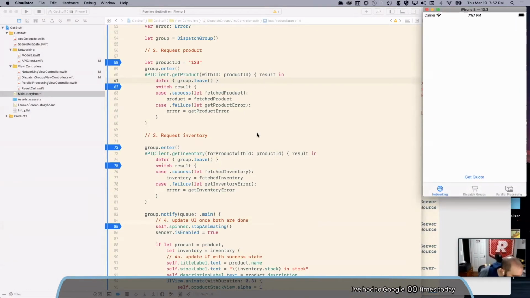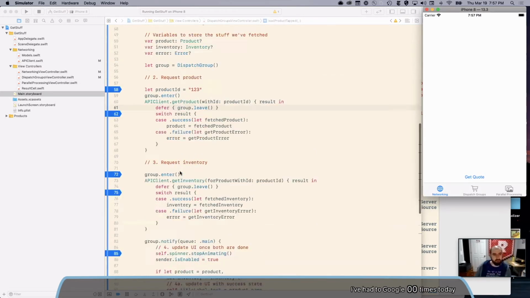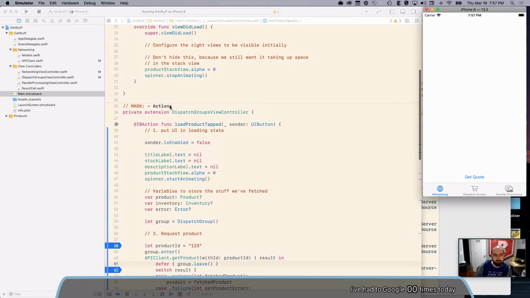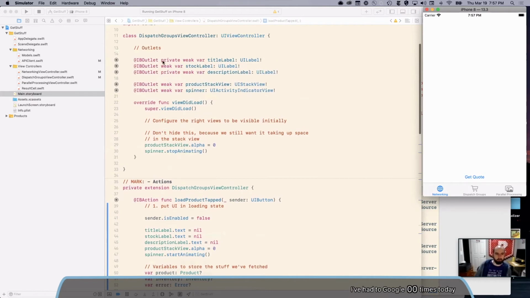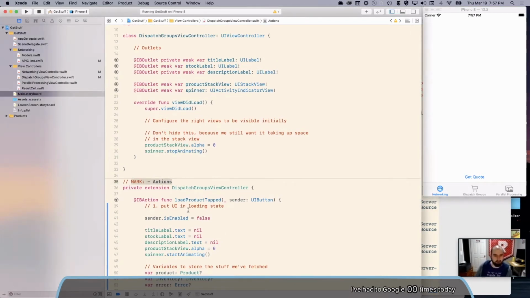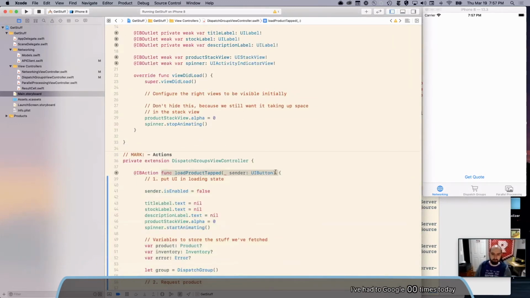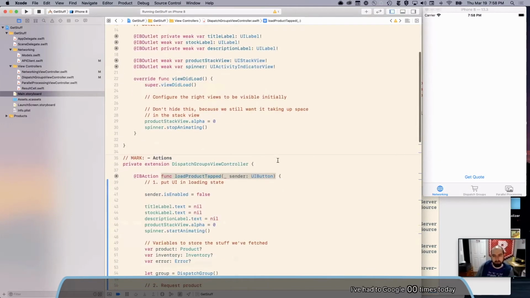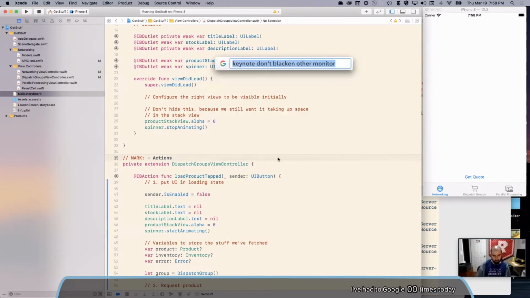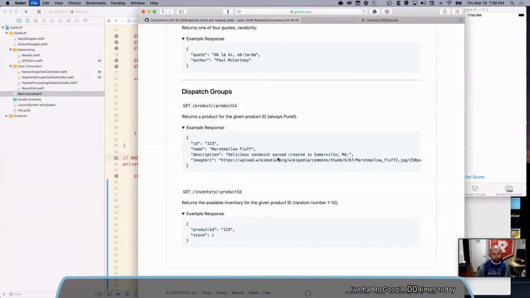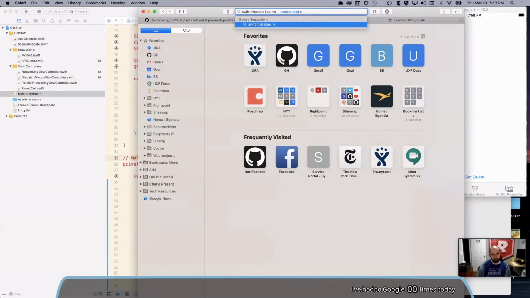Someone says, I'm new to Swift, and would you mind explaining why you put this button action in an extension? Oh, yes. I just like to use extensions to break up logical groups of things like view controllers, just because otherwise the view controllers get big. So I labeled this one actions. I forget if I did it in the other view controller, but this one's a bit bigger. So I know that everything in here is related to button actions. It's just a style thing. I talked about it, and I'll link to a blog post where I talked about it a little bit. It's definitely a style choice.